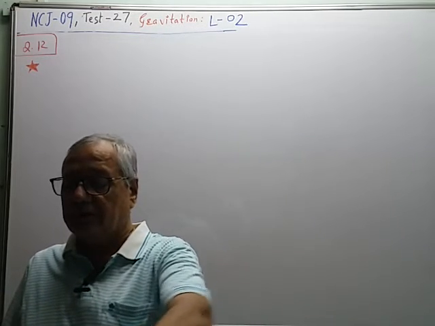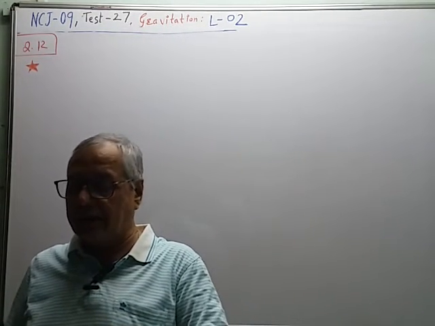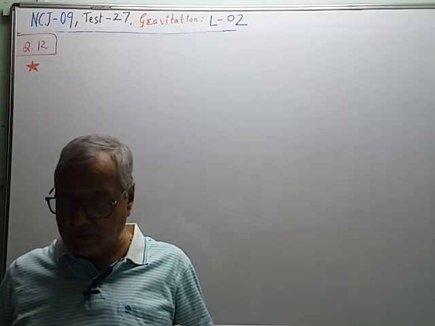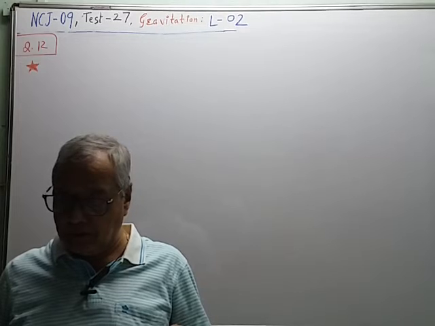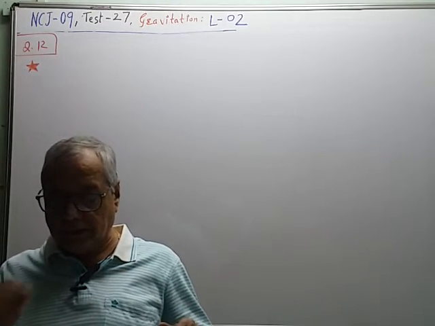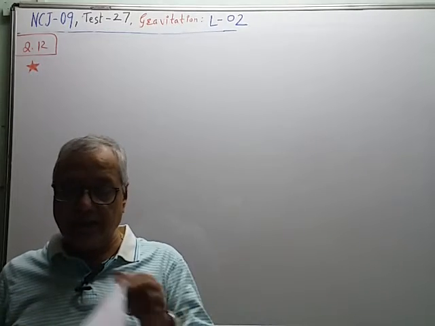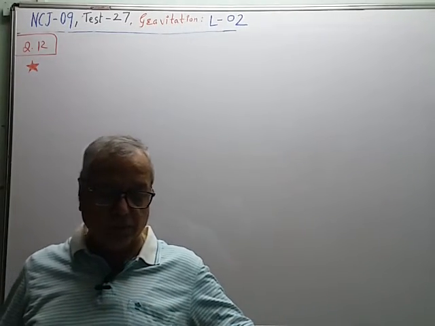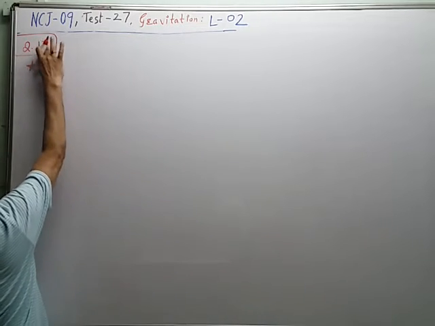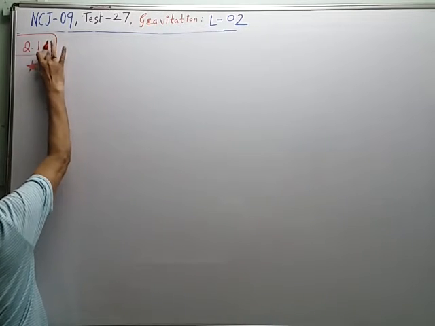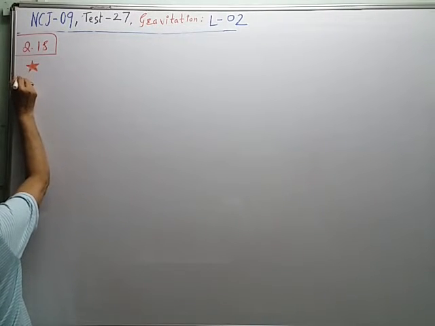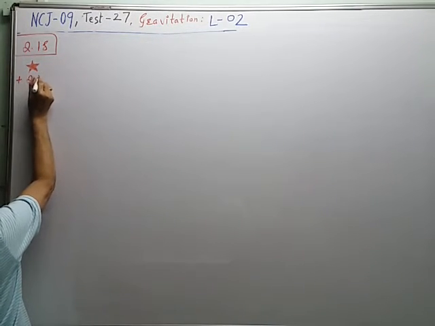So we will solve the general problem. Now here the height is given R, but we will consider height h is equal to n into R. Then what will happen? So this question and question number 18 both are same. So first we will see question number 18 plus question number 12.